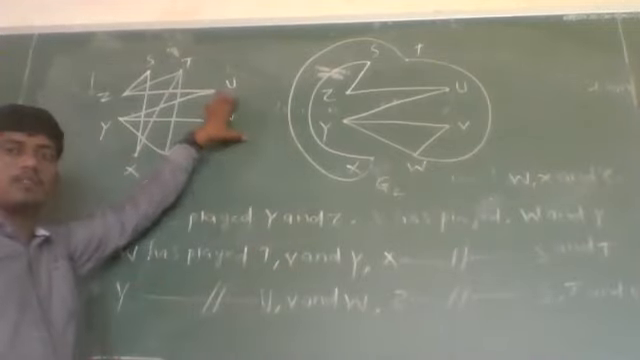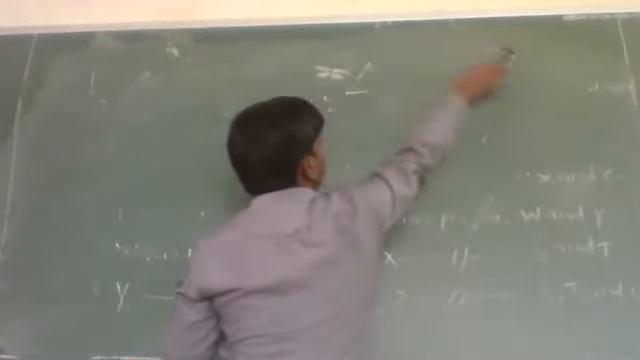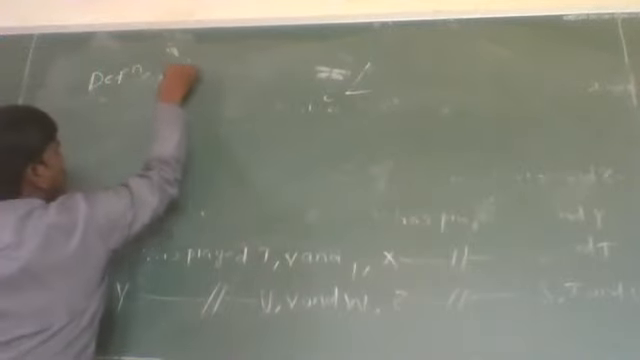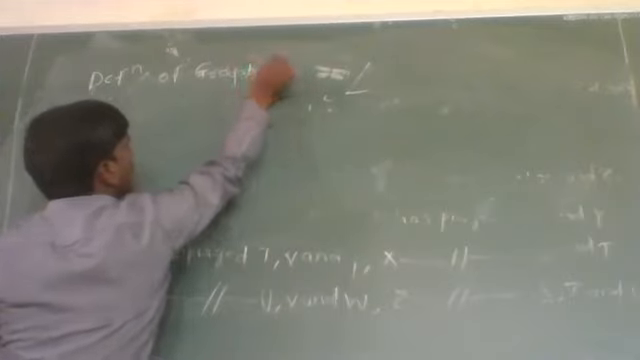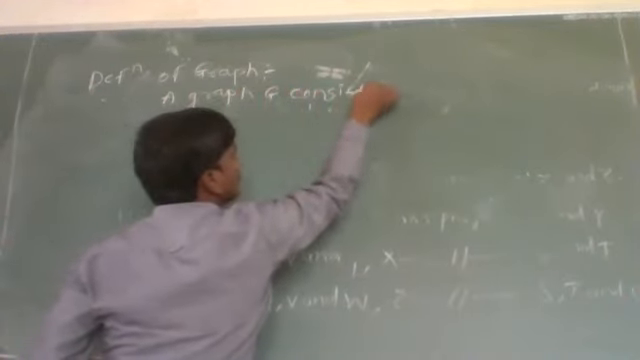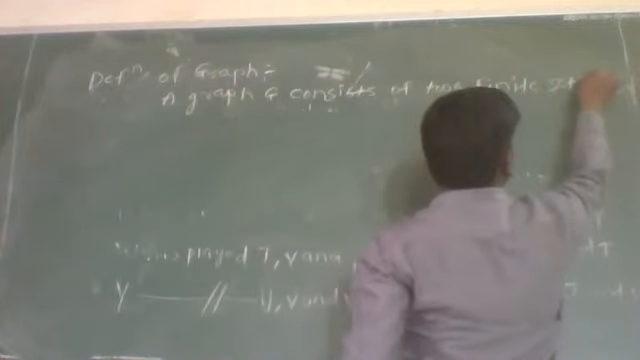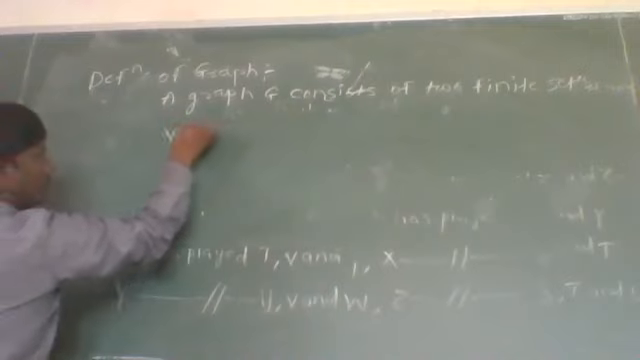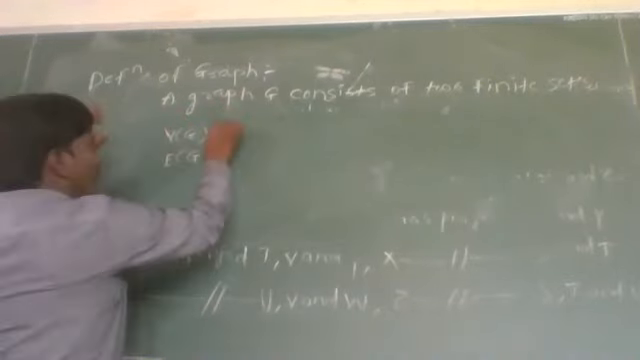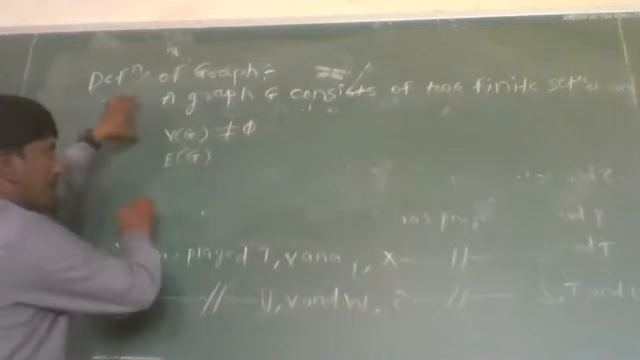Now let us see the actual definition of a graph G. A graph G consists of two finite sets: one is the vertex set of the graph G and the other is the edge set of the graph G. The vertex set is always non-empty, and the edge set may be empty. The vertices of a graph G are also called nodes,